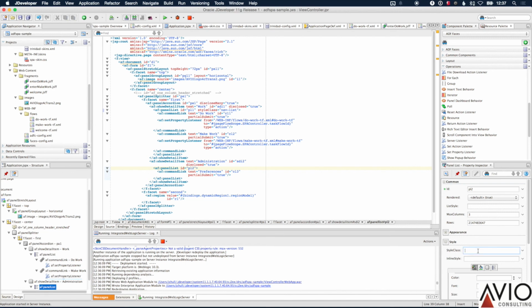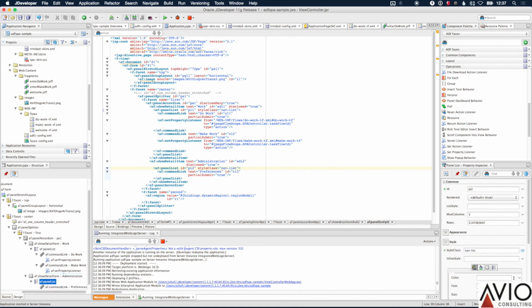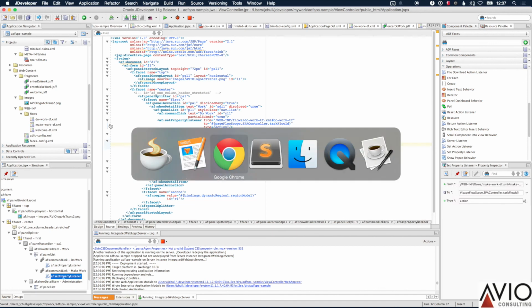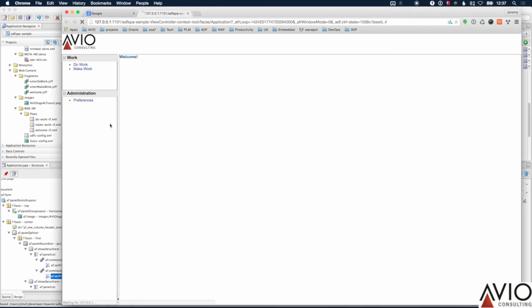It doesn't participate in the single page application, basically. And since that was a page change, I should just be able to refresh. Okay, we have gray text. Now,